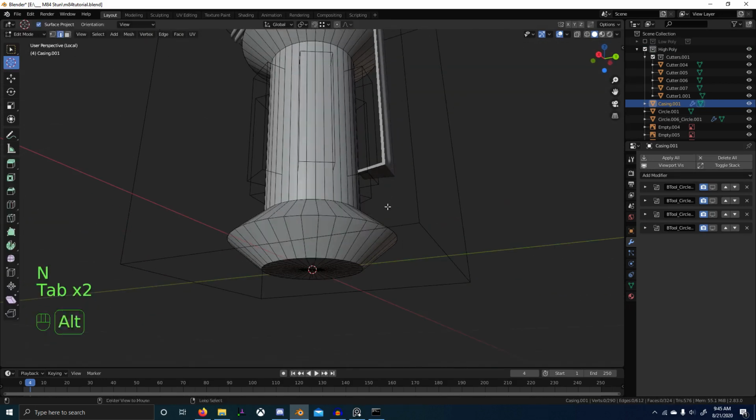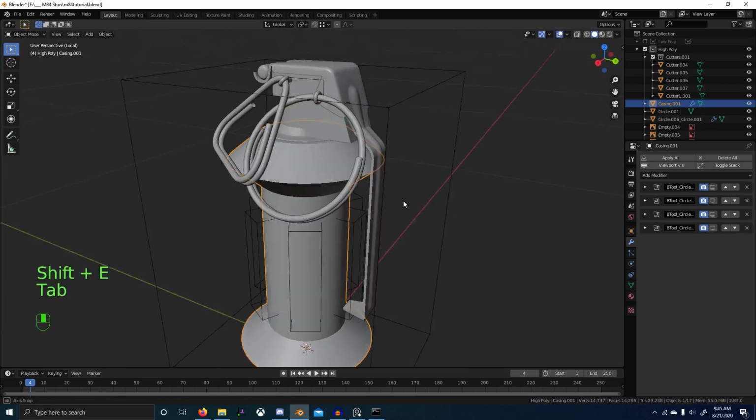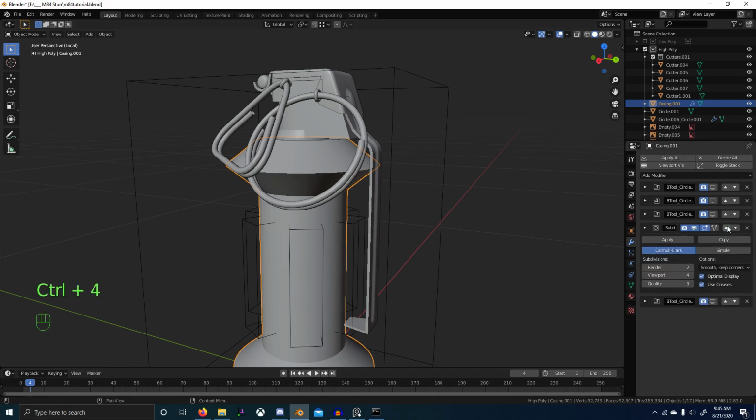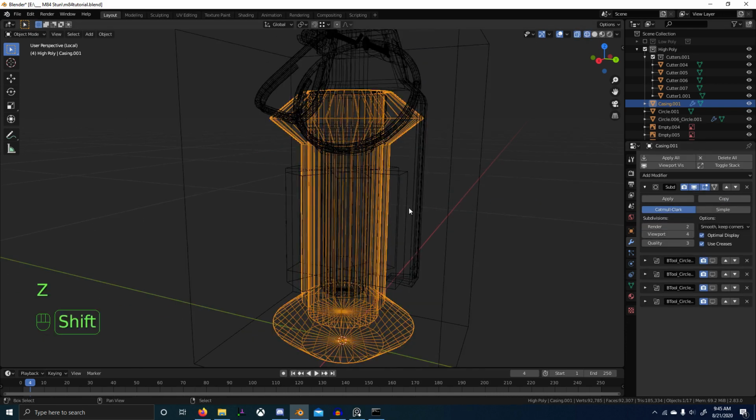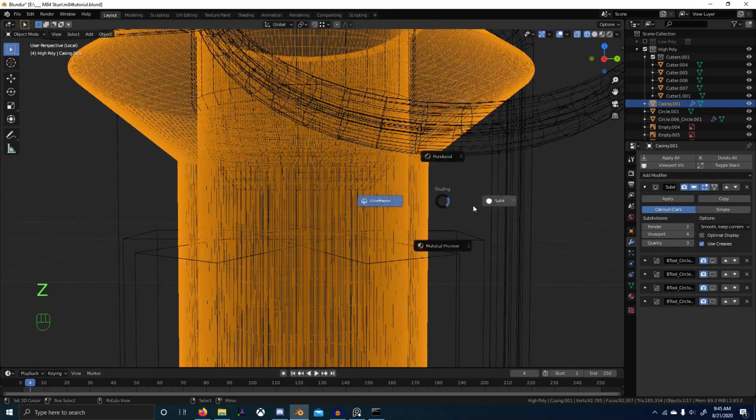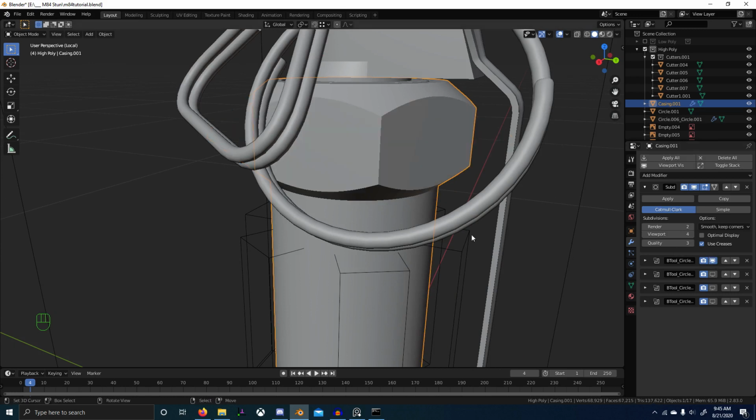Anyway, so yeah, mark your sharp edges, crease them, and then I want to add a subsurf level 4. So your subsurf needs to be denser than your remesh target. So, alright, that kind of